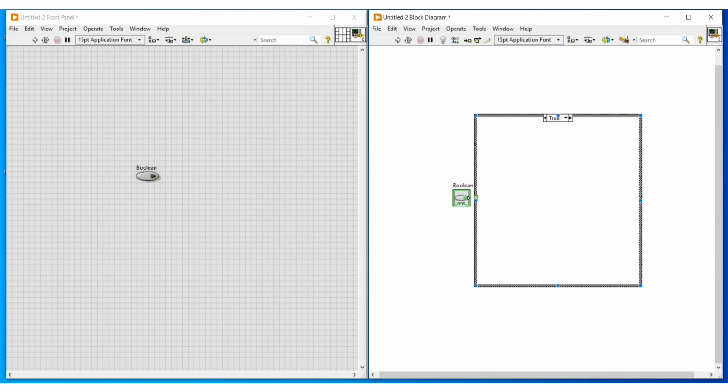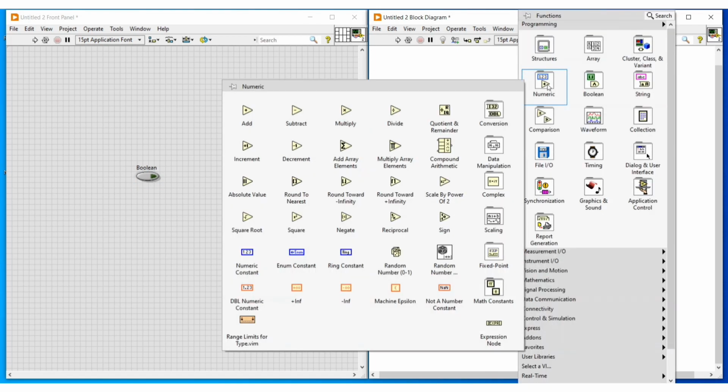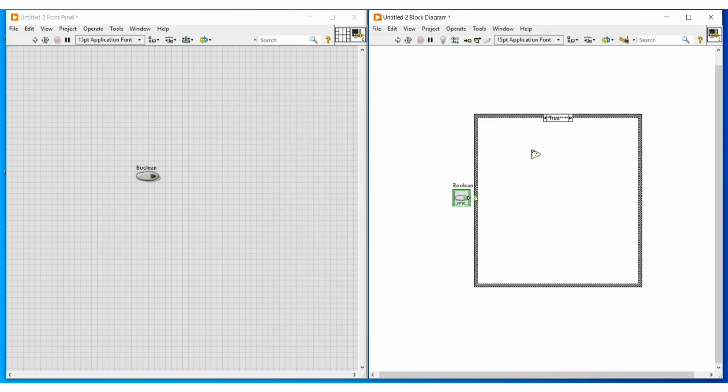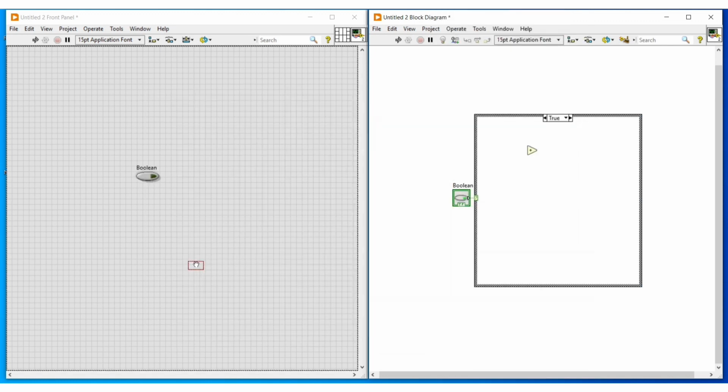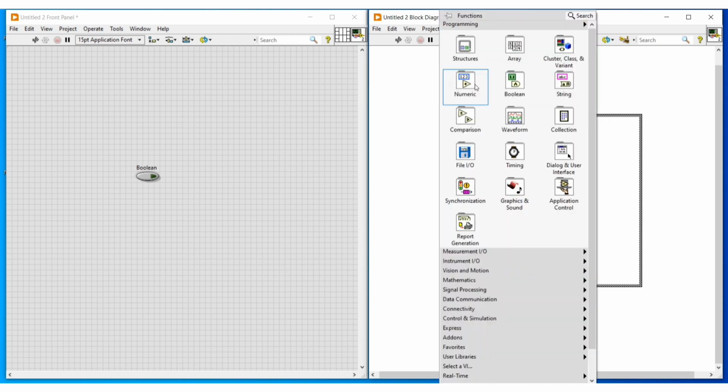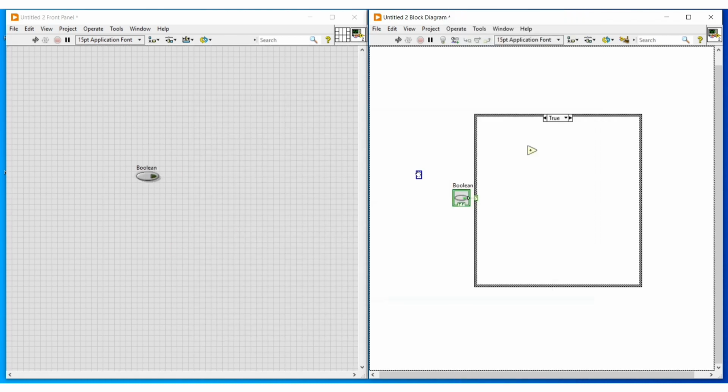To select cases, I am connecting a control to this case selector terminal. And so a boolean control has got connected to the case selector terminal. And this boolean control has two cases, that is true and false. Next I am going to give the function to be performed inside this structure when we select true in the